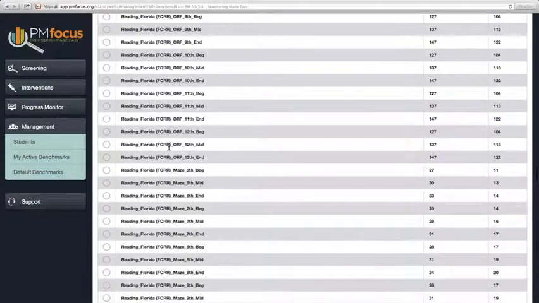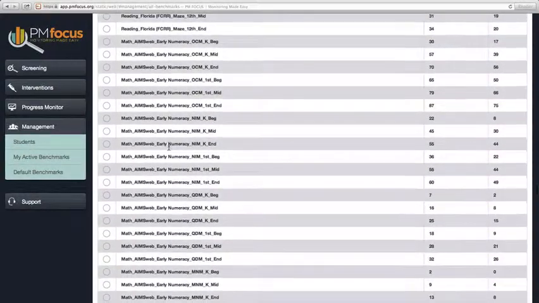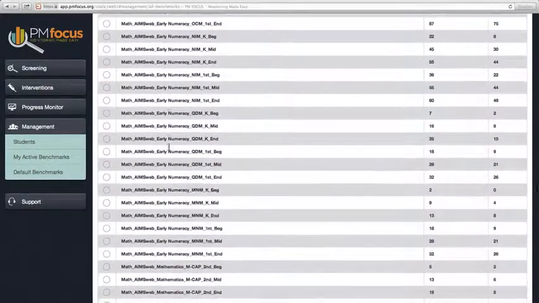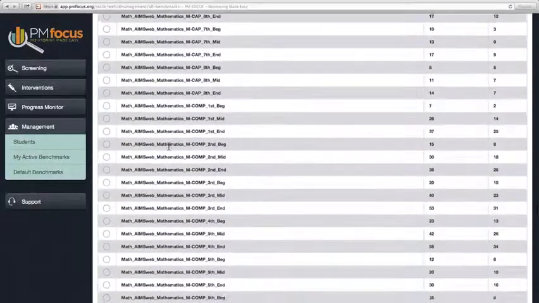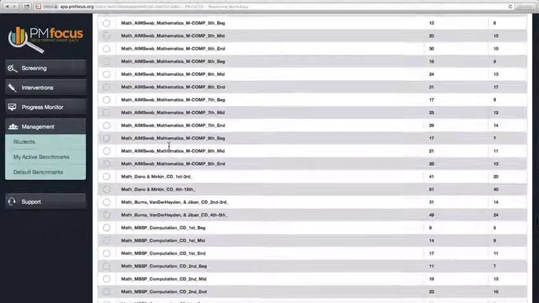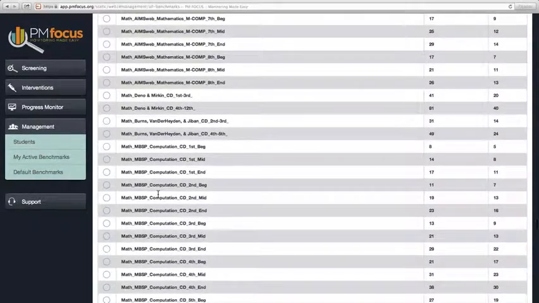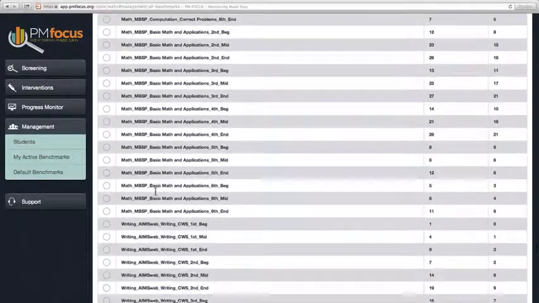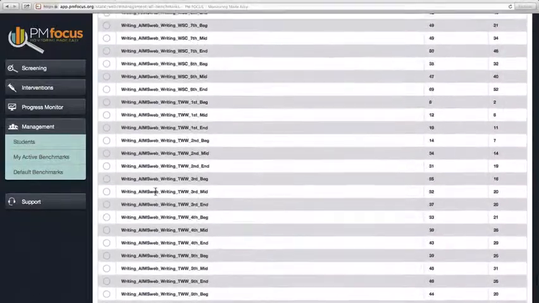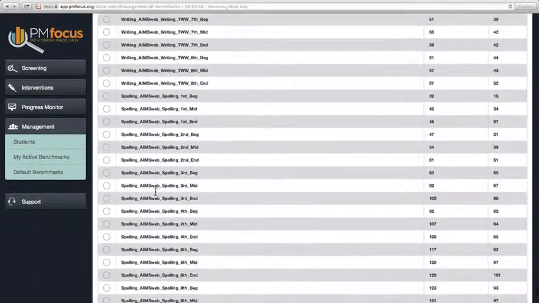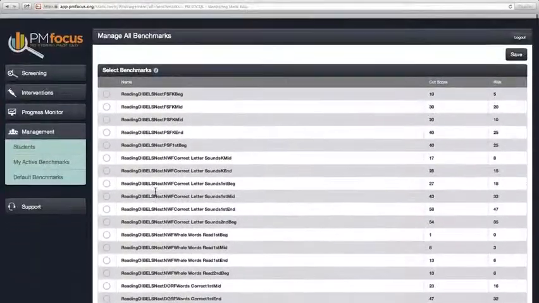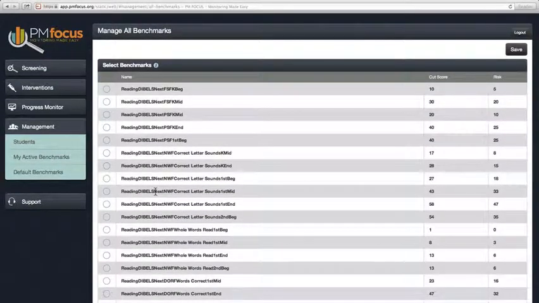We have Florida standards for reading for secondary levels. We can see math standards from AIMSweb and other sources. Dino and Merkin, Burns, Vanderheyden, monitoring basic skills progress, and so on, for writing, for spelling. These are all standards that have been preloaded. If I'm not going to have use for all of these standards,